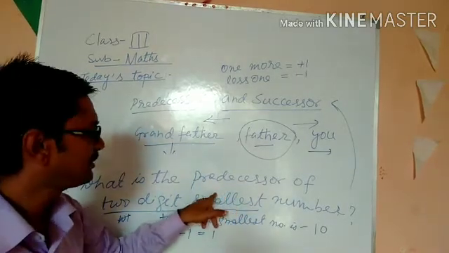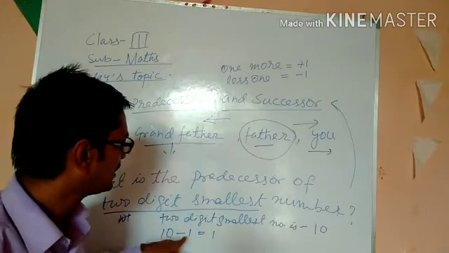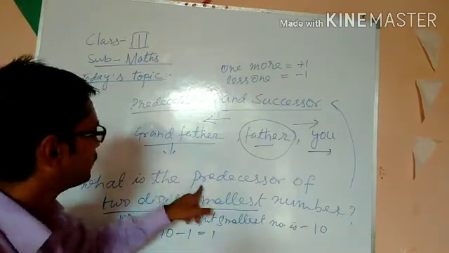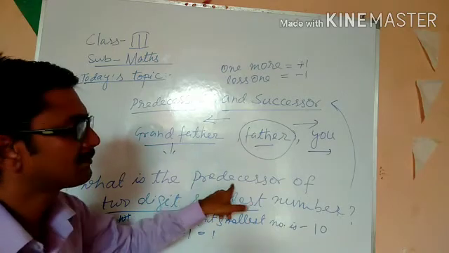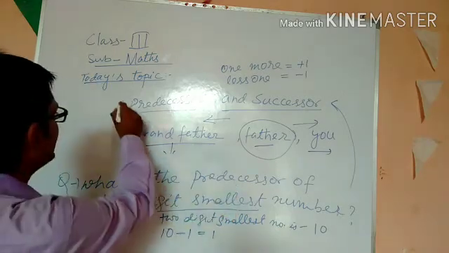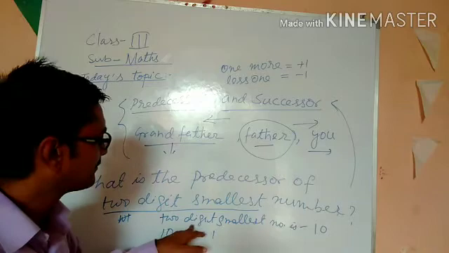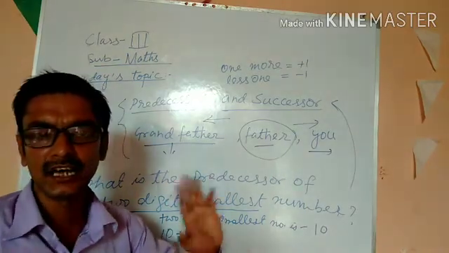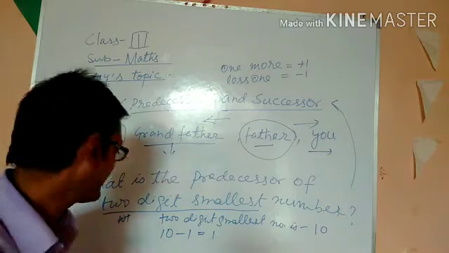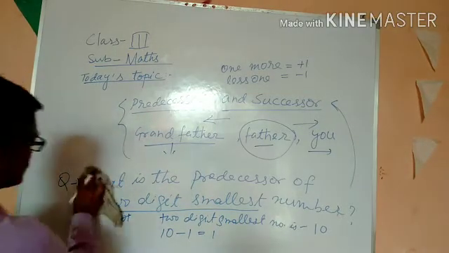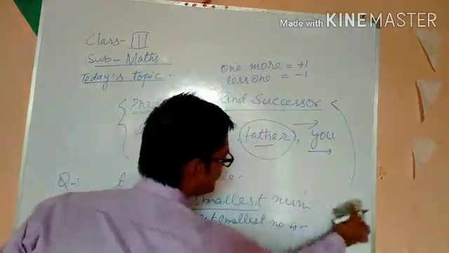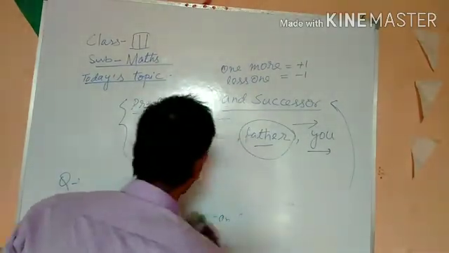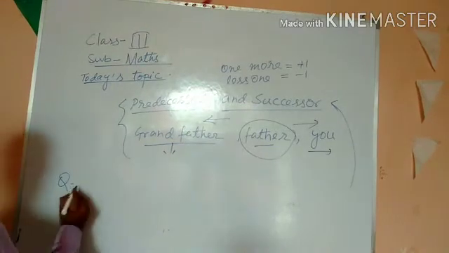Now if you have the knowledge of the 2-digit smallest and 3-digit greatest, then you will easily find the predecessor. If you have developed this concept once, you must have the knowledge of the smallest and greatest number up to 4 digits. Again, sometimes it is also asked in the question